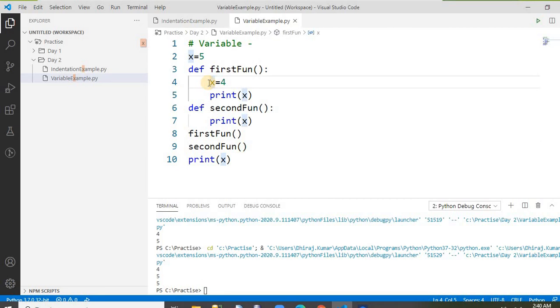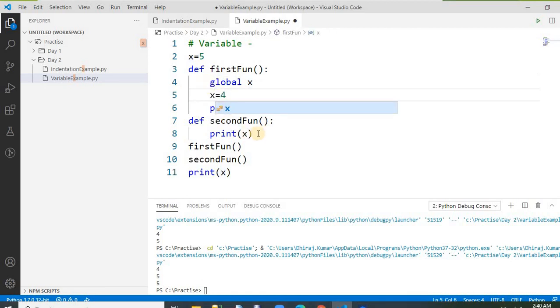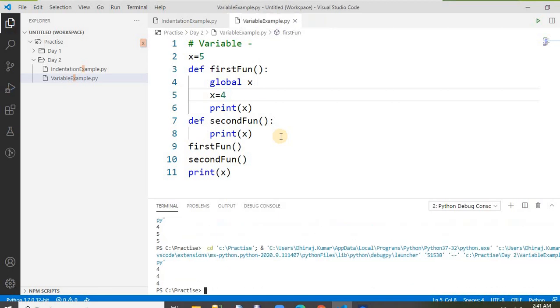So what is the keyword? The keyword is global. We have to write something like global x, and then let's change this to 4. Now it will replace all of these, x is equal to 4. Let's run this. See here, now the output is 4 for 4. Why? Because now I have declared another variable, global, named x, and it will overwrite all the variables with that name. So it's a global variable x.